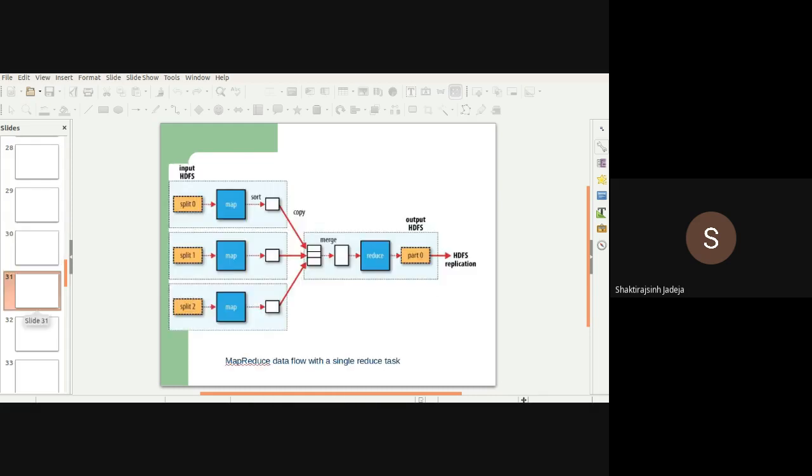You can see over here, first you are splitting the data, split 0, 1, 2, 3, and so on. Then you are mapping it to the nodes or processors it is going to run on. Then it will copy it into local data, merge the answer, and then perform the reduce task.